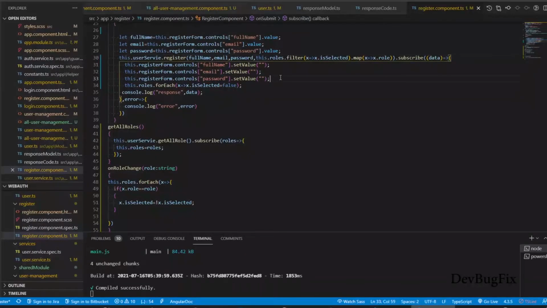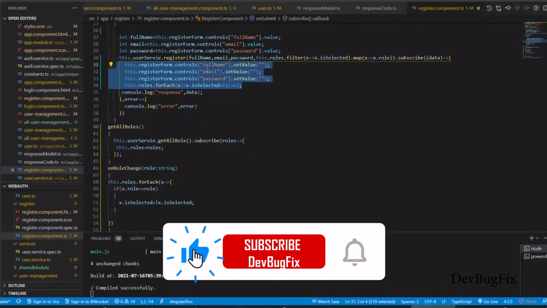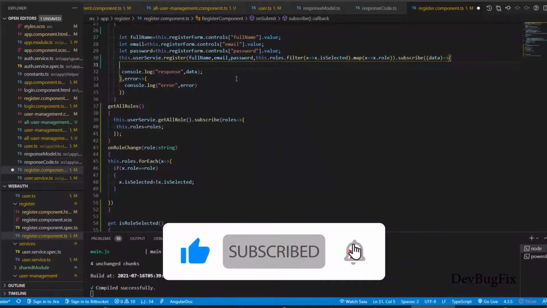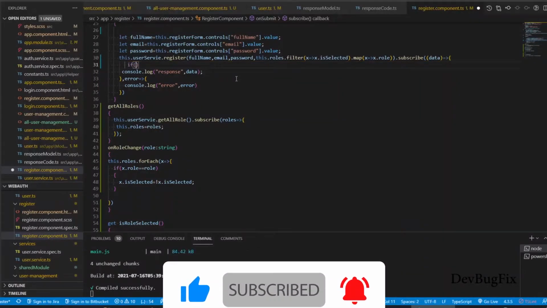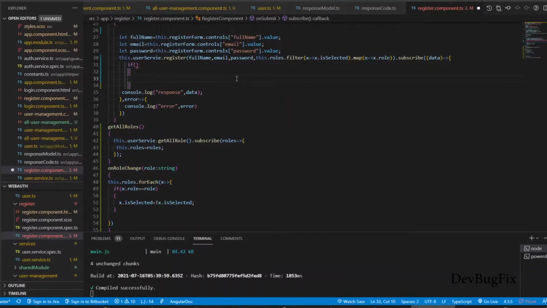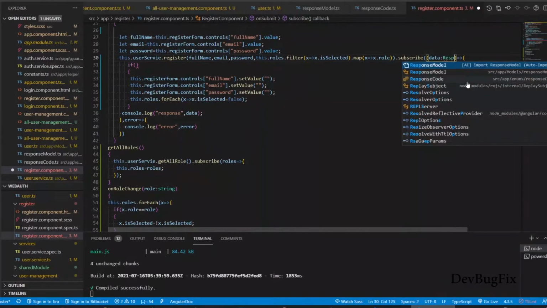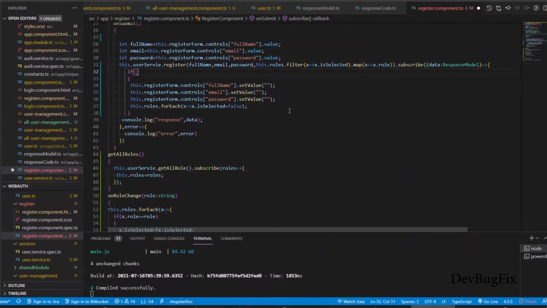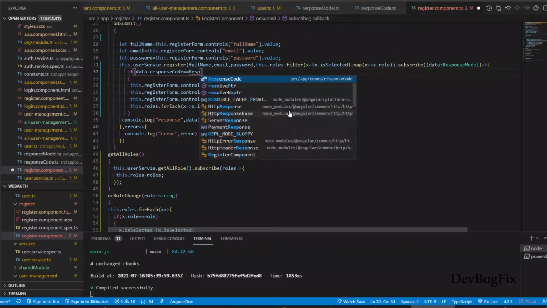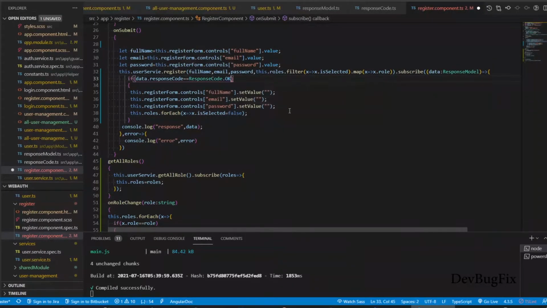Here we will add a condition to reset the element values only if we receive a success response from the server. If we receive an error response, then the control values will not be reset. In an if condition, we will check the response code, and if the response code is okay, then reset the controls' values. And we know the data object is of type response model class. In the response model, we have a response code, and we will add the condition data.responseCode equal to ResponseCode.OK.